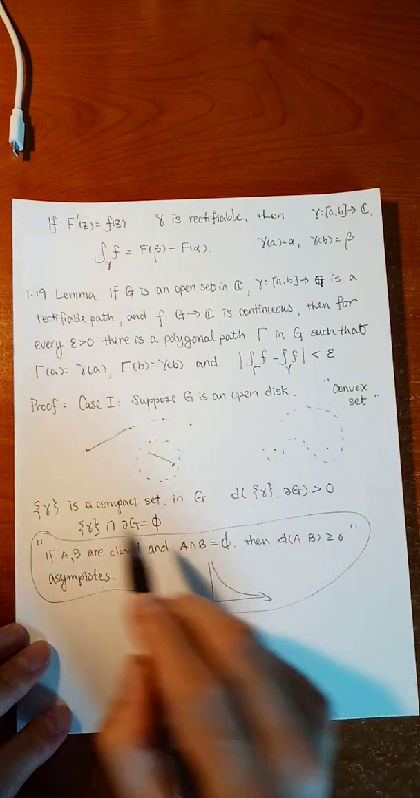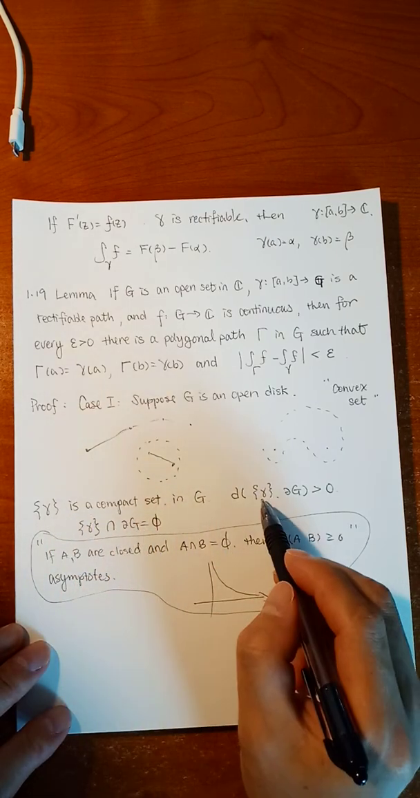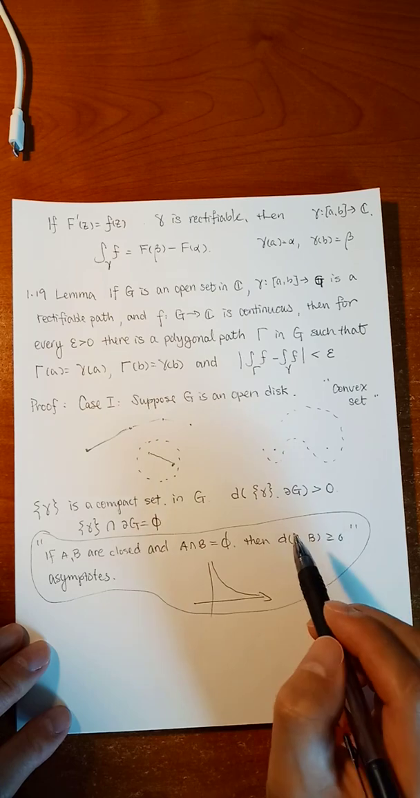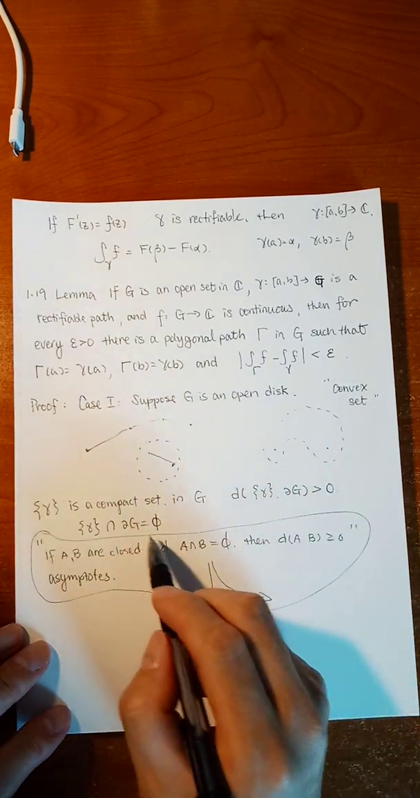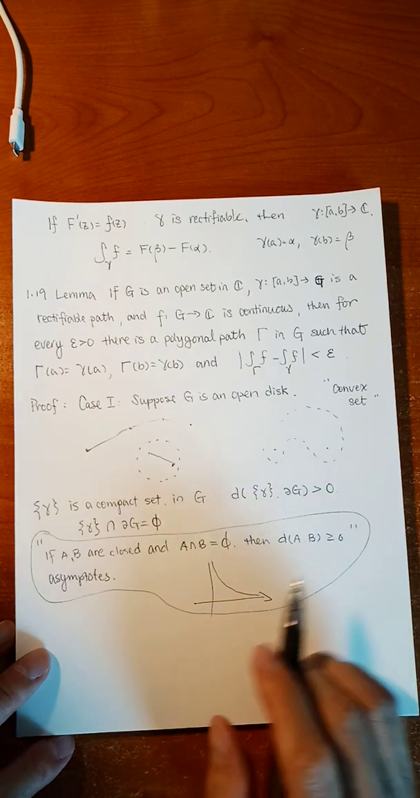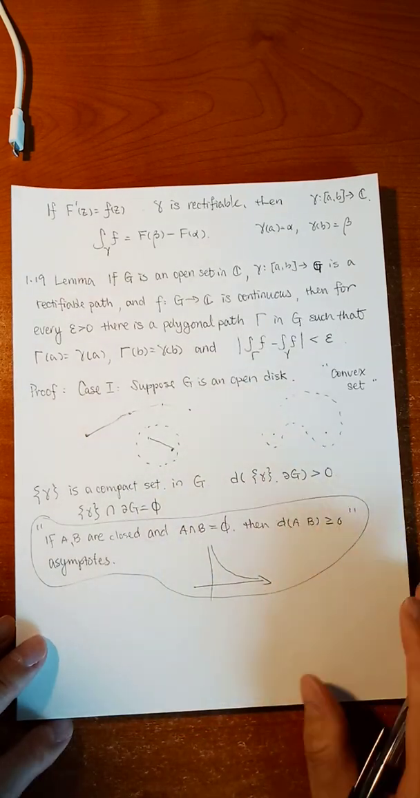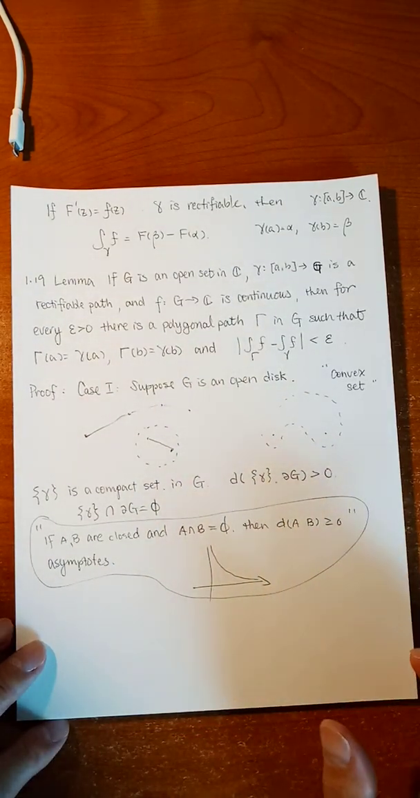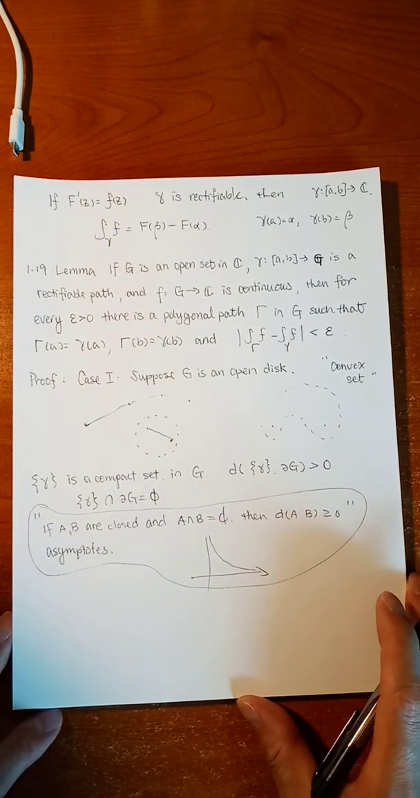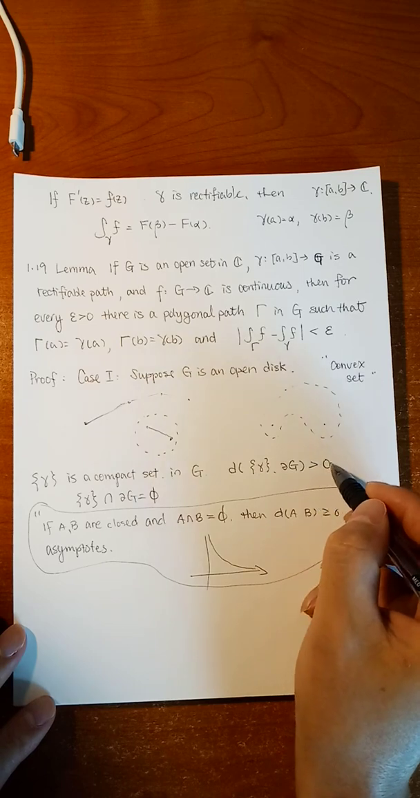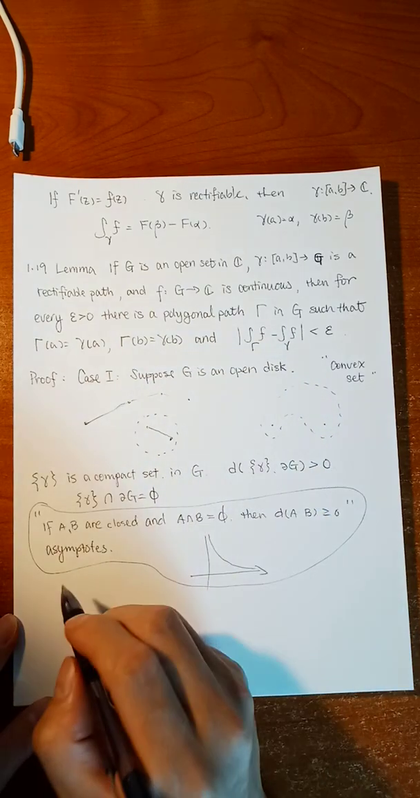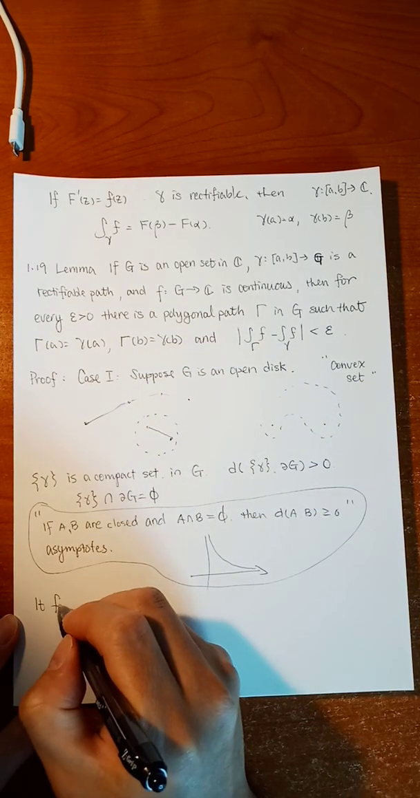But if one of them is compact, this is compact, this is closed, then this distance will be strictly greater than 0 if they are disjoint. This topology is a property of a compact set: every open cover has a finite subcover. Okay, so since it is strictly away from the boundary, it follows that